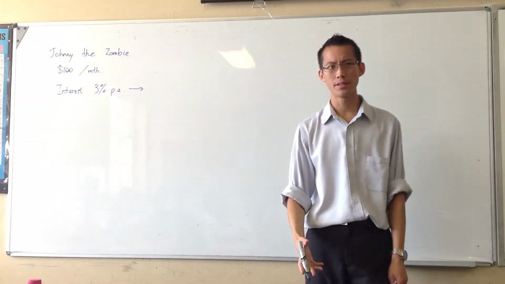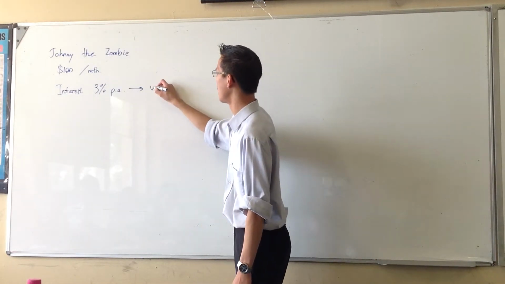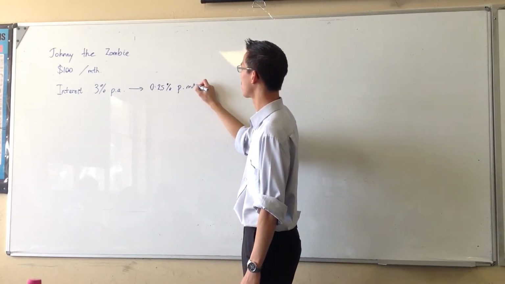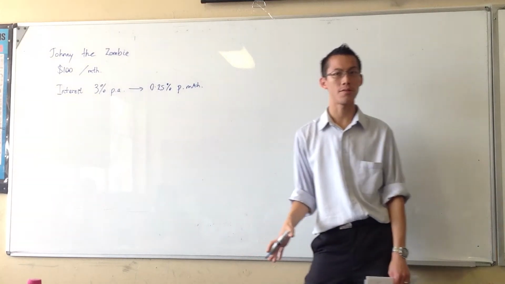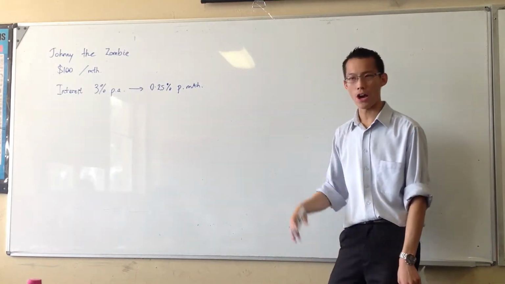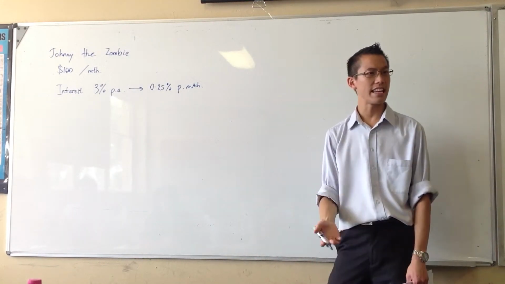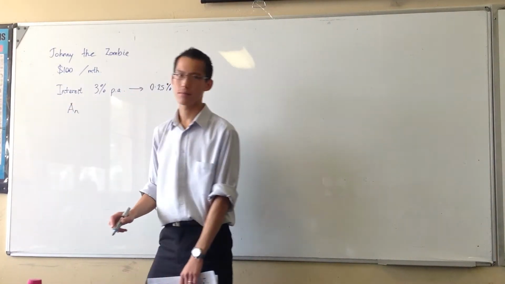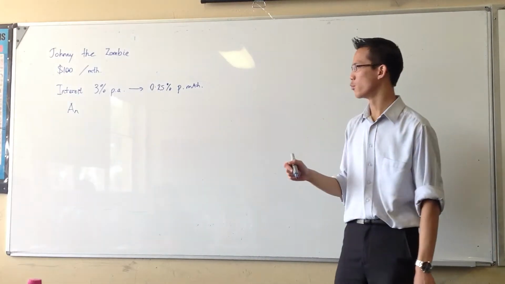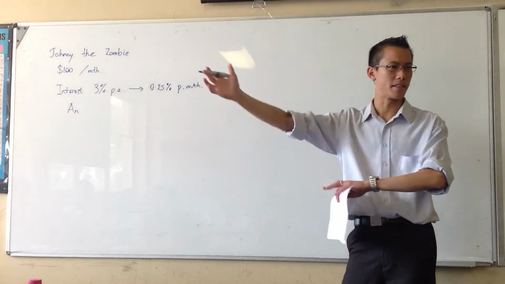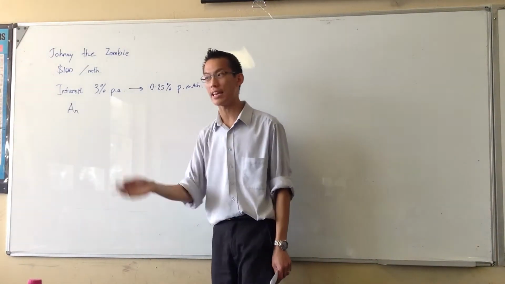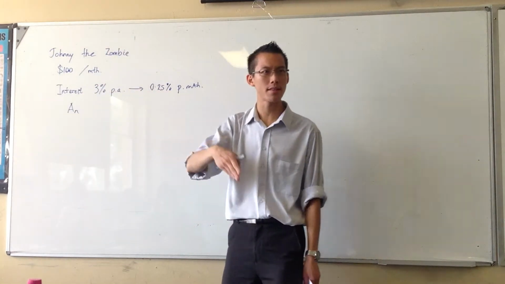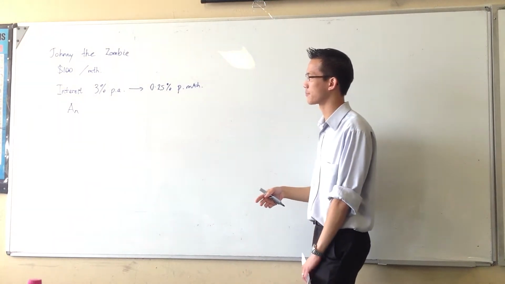Well, you divide by 12, so you get 0.25% per month. Okay, so far so good. Now I think one of the earlier parts of the question is, let's get an expression for A of n, where n is the amount of months you've been going, and what's the amount he's got at the end of the month. Okay, so he's put in his deposit every month,